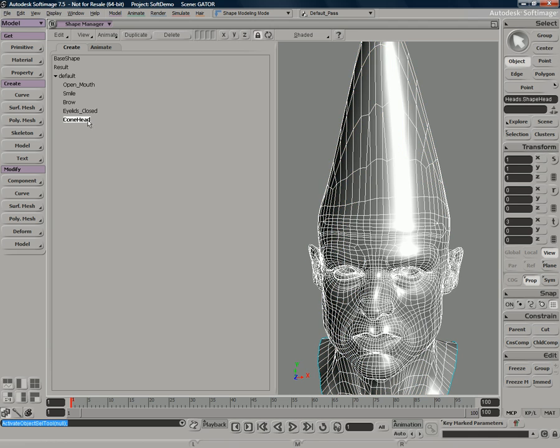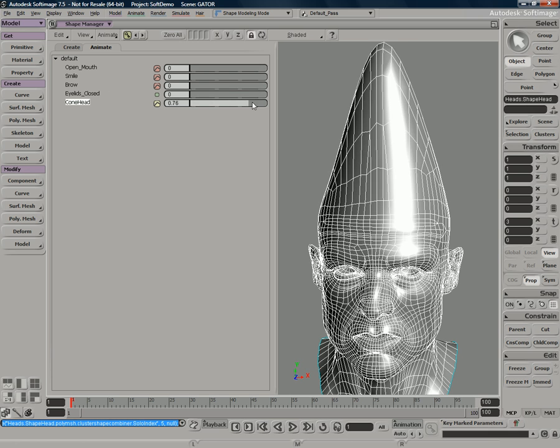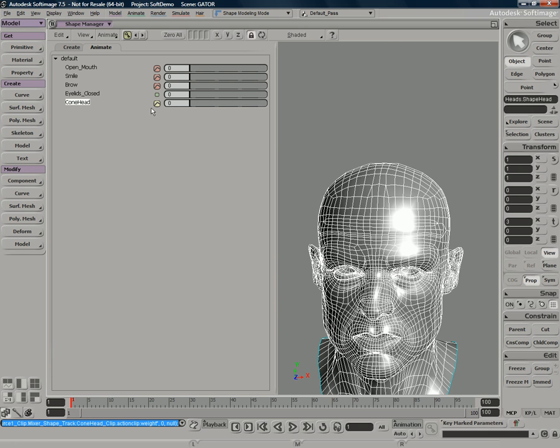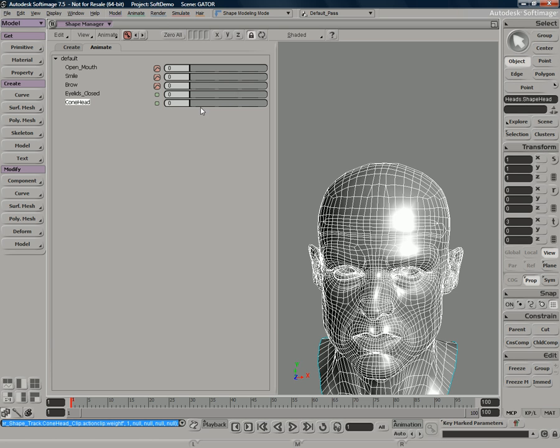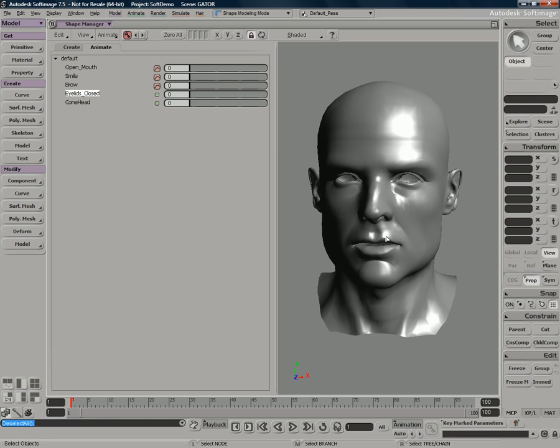But what you can see is now that actually created a brand new shape for me. We see that those points are in a new location, and it also created a slider on the property page right there for me as well. It actually added a keyframe here, so go ahead and right click on this little yellow squiggle box there and just click remove animation. Now just because the way our other character has its eyes open, we want to make sure that this character has its eyes open as well, since we're going to pass that shape data on.